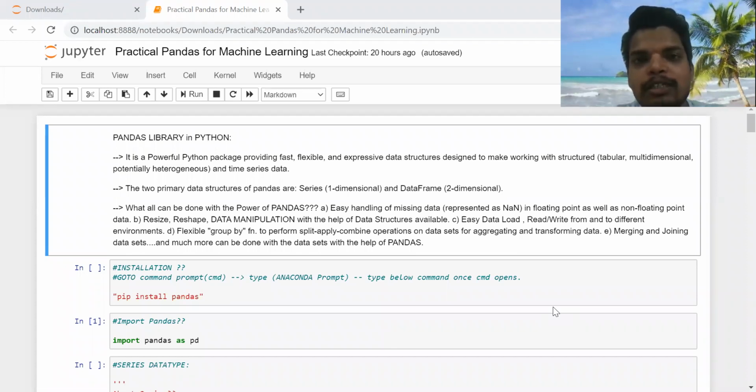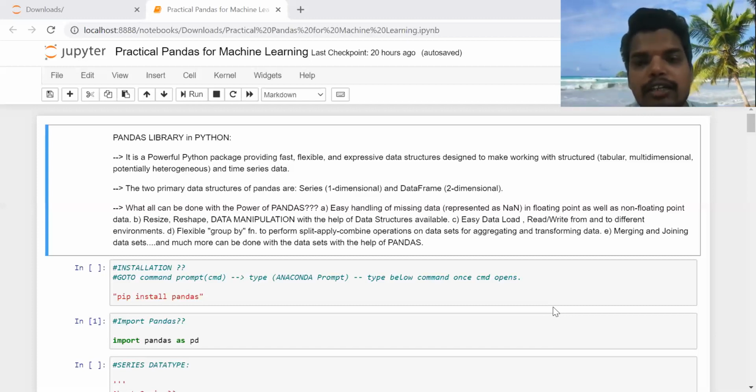And today we'll be discussing the data types and the data structures which are available in the pandas library in Python. Okay, so first of all, as you can see on my screen, I will give a little bit of an intro on what pandas is. So pandas is a powerful Python library, a module or a package you can say, which has some available data structures, data types or data objects, with which you can work, load, read, and manipulate the data set.